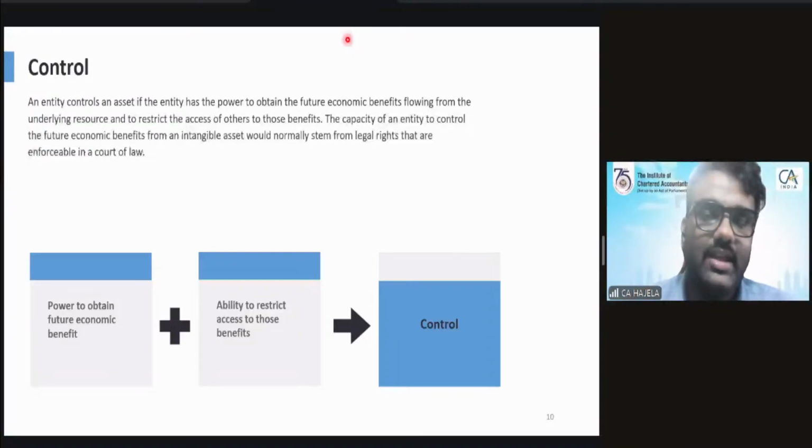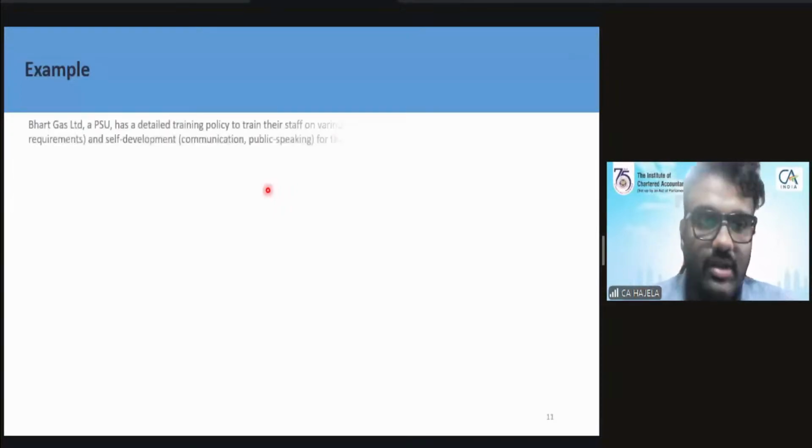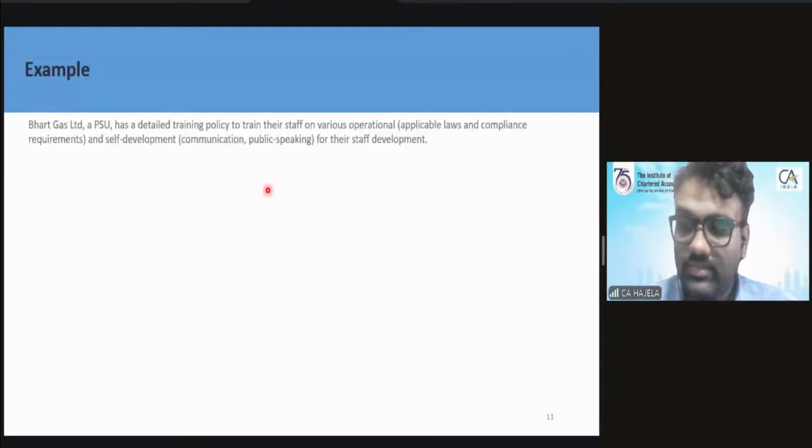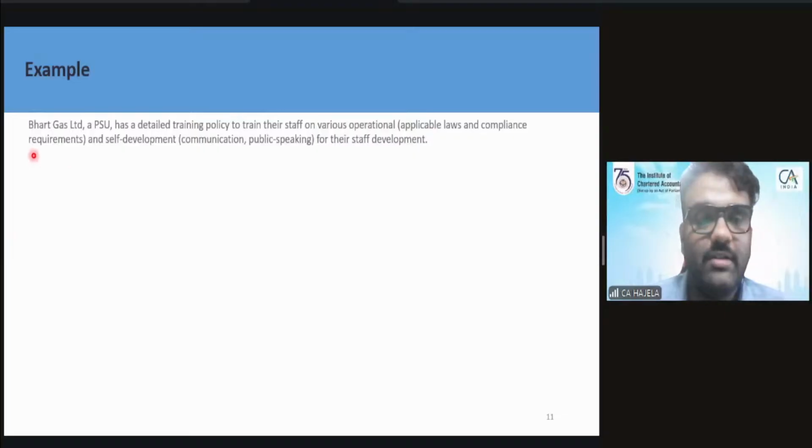And with every discussion, I'll try to include at least one example, so that we also go through the practical use cases. Now, let's say Bharat Gas Limited, a PSU, public sector undertaking, has a detailed training policy to train their staff on various operational matters, be it applicable laws, compliance, government regulations, as well as self-development, communication, and public speaking for their staff